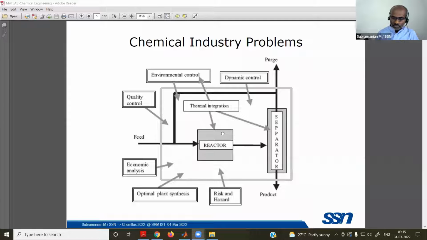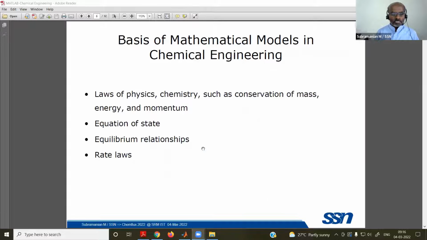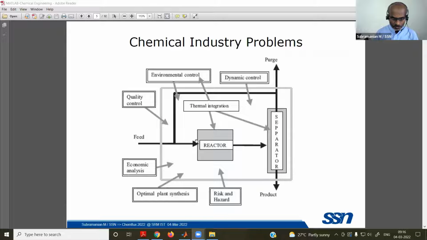Though the things are varying, we need to control at near steady state using a suitable control system. So we have all these kinds of subjects, ranging from process calculation, fluid mechanics, mechanical operation, thermo, up to economics. So all these subjects help to understand the chemical industry problems.